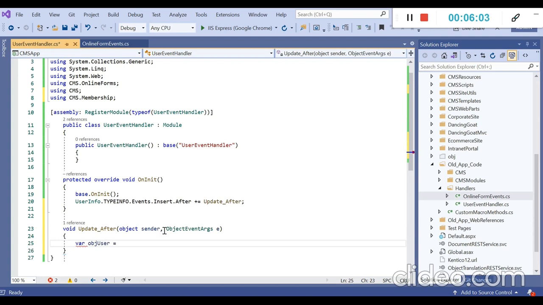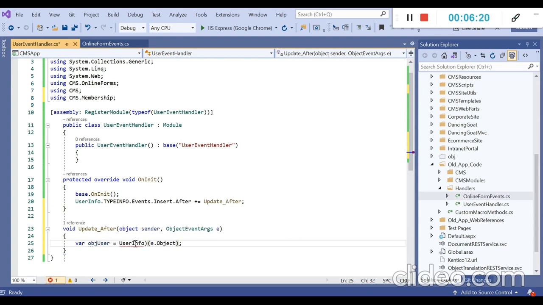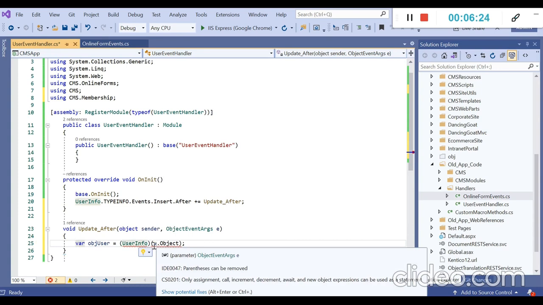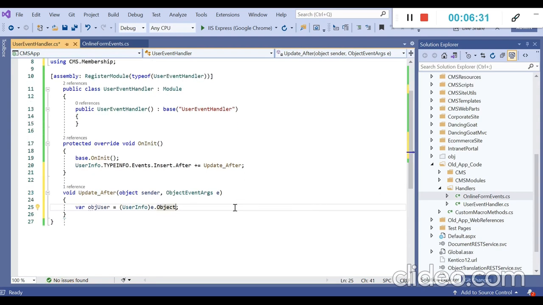Let's create an object. With the help of e.Object, you can access the current object. Let's typecast this as UserInfo. With this, you will get the current object of the user.